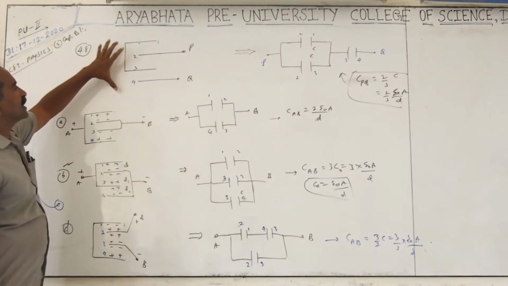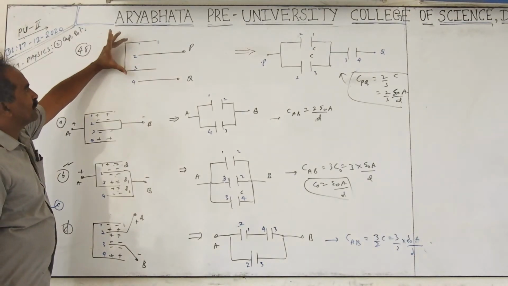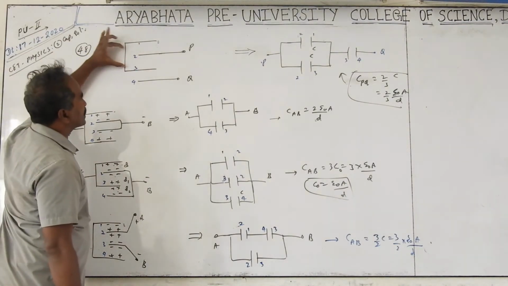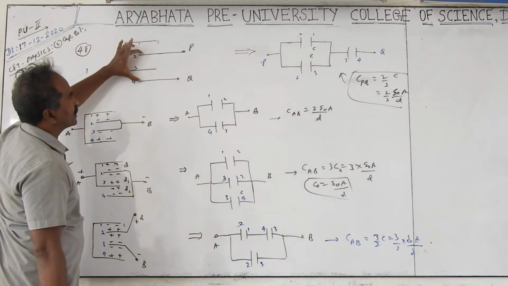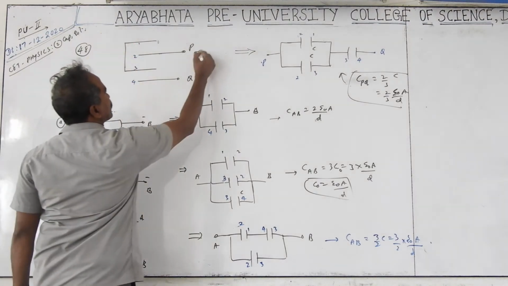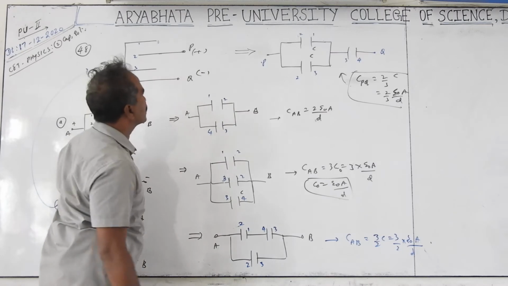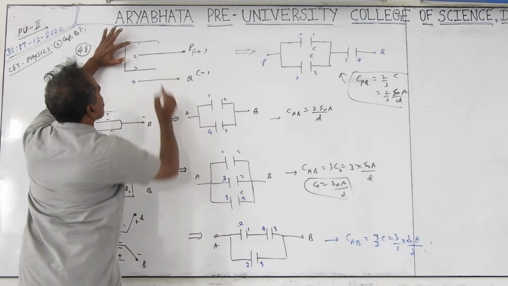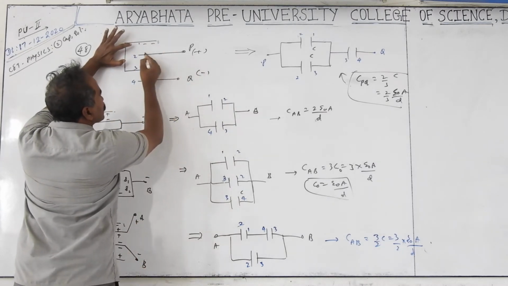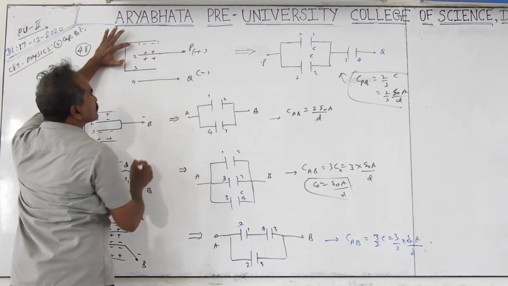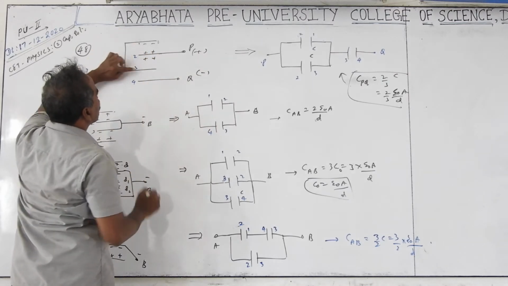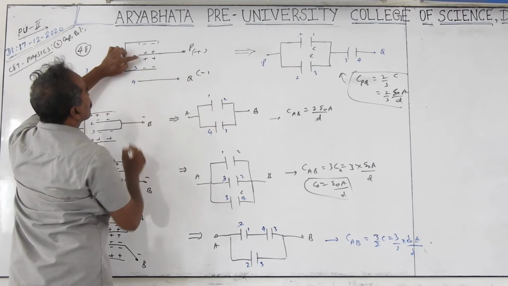But in this 48th question they have given this diagram. Two plates are connected, and these two plates are separated from the positive plates and negative plates. Connect these to the plus, these to the minus. We can take the reverse as well. So this induces the unlike charges on this side. But on this plus plate you should have plus on both sides. This one should be neutral, so we get minus induced here.